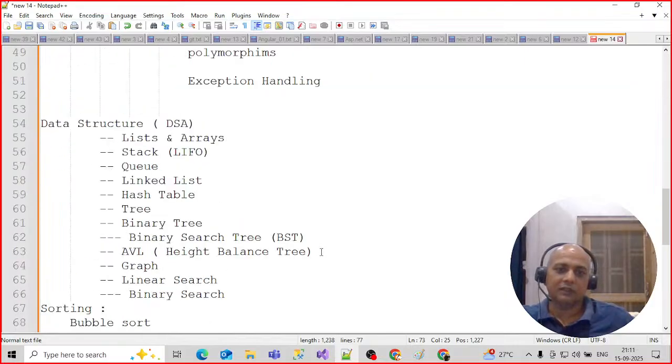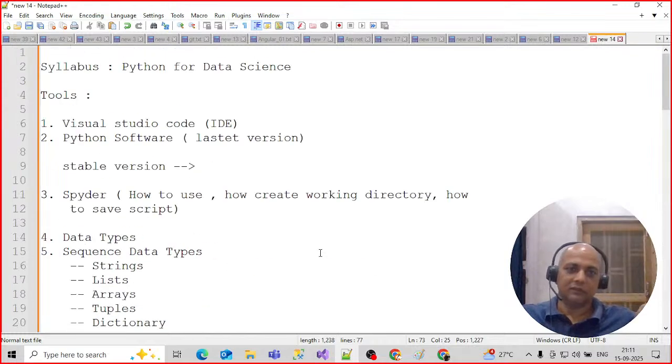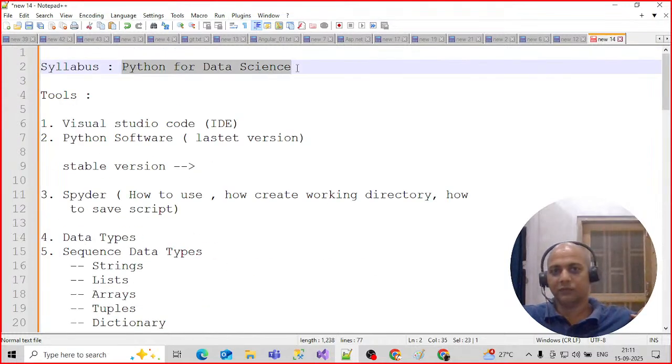No, right? Because learning Python programming is another thing. In the earlier session we have studied, Python is used for web development, Python is used for software development, it is also used for system administration, right? So different things can be done, but if you want to make your career in the data science domain, then this syllabus is useful for you. Okay,